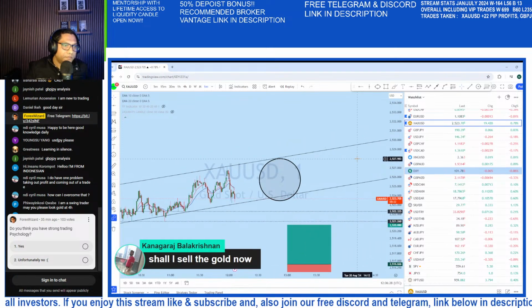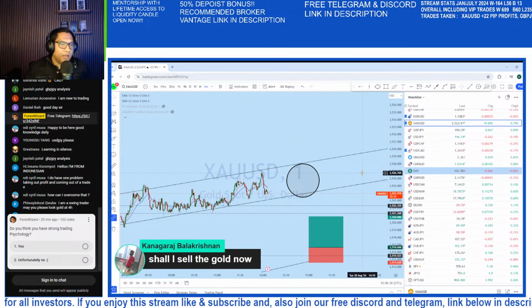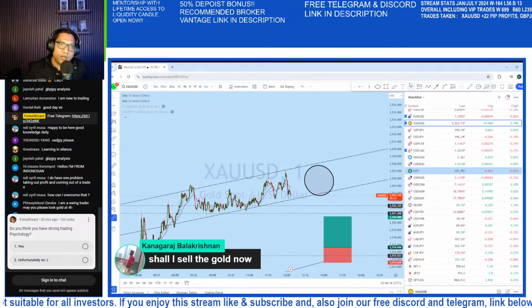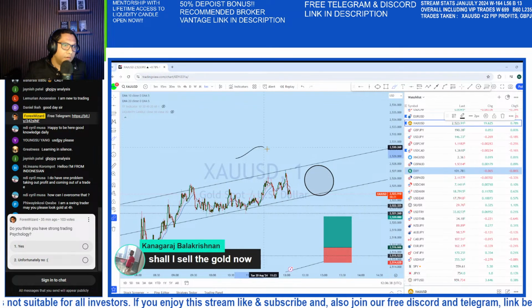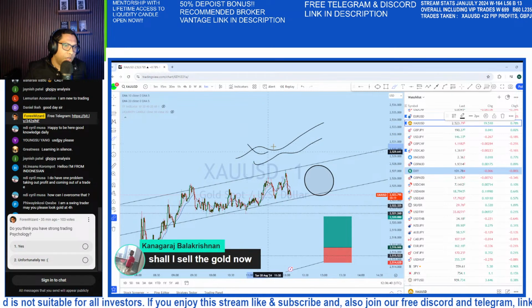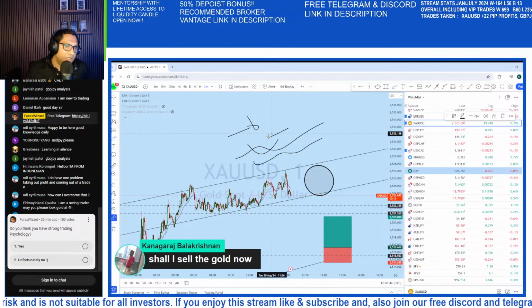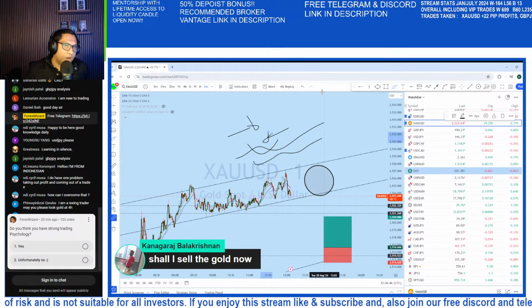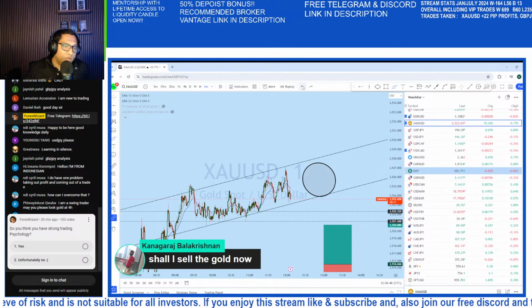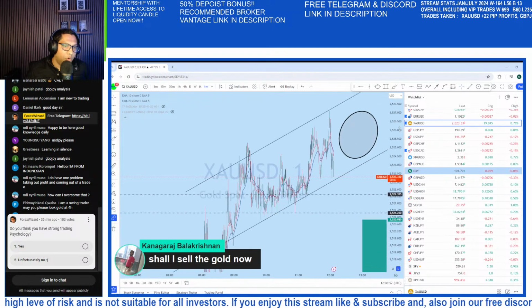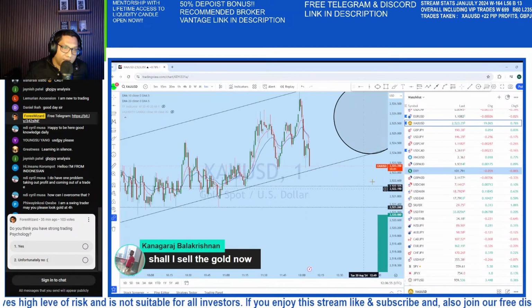Imagine that you are in a boat competition where you need to row your boat in the river. So you are rowing your boat. This is the current direction, and you are rowing this way. Okay, so what's gonna happen? Always go with the flow. There is always a flow in everything. Okay, so there is a flow in the market also.